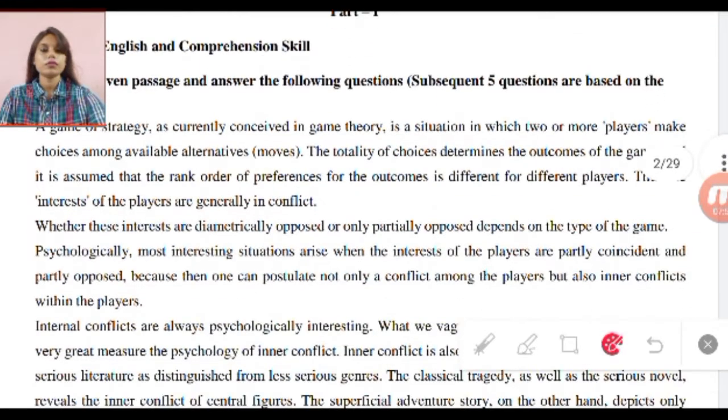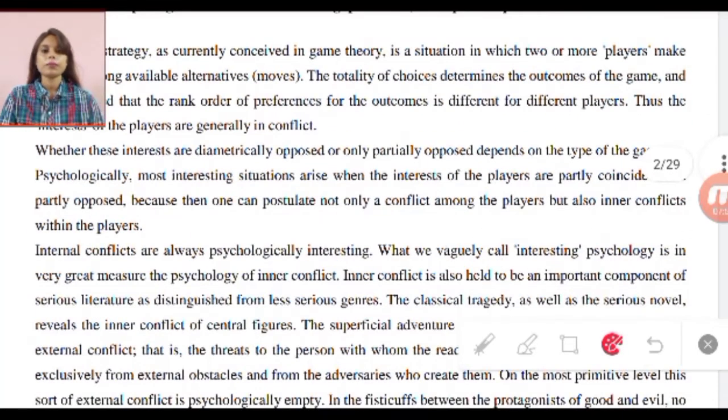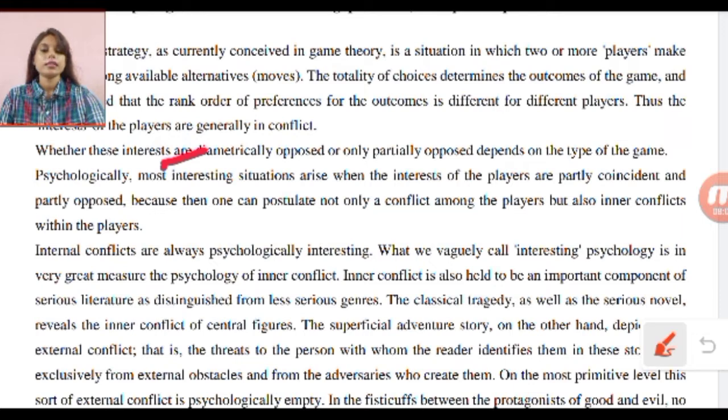Let's move over to this second paragraph of this passage, that is, whether these interests are diametrically opposed or only partially opposed depends on the type of the game. Okay, psychologically, most interesting situations arise when the interests of the players are partly coincident and partly opposed. So they are talking about interesting situations and when they arise. So basically, interesting situations arise when there is partly coincidence and there is partly opposition from both sides when they are playing games, because then